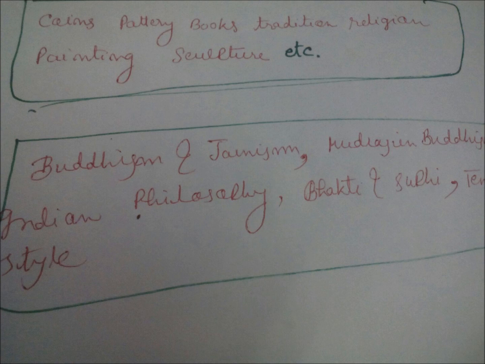Okay, but while reading ancient and medieval, what are the points you have to give emphasis? The points you have to give emphasis: coins, pottery, books, tradition, religion, painting and sculpture, and architecture. While reading ancient and medieval, try to emphasize on these points, how in each age actually these points come into relevance. Okay, if you find any noticeable mention of coins, pottery, book, tradition, religion, painting, sculpture, architecture, this is the part of your culture, and try to remember and note down these things, and it will complete a huge part of your culture syllabus.